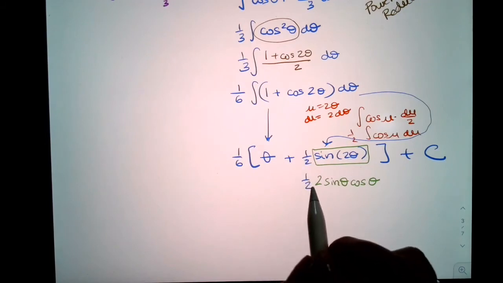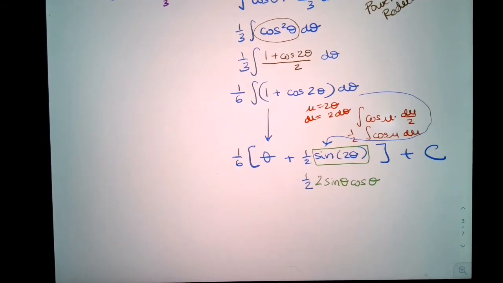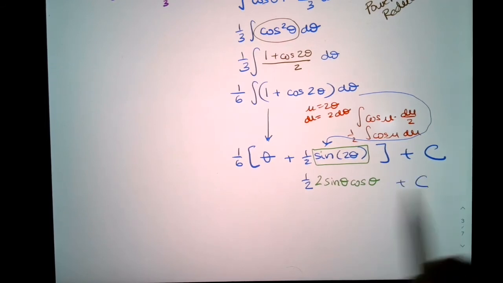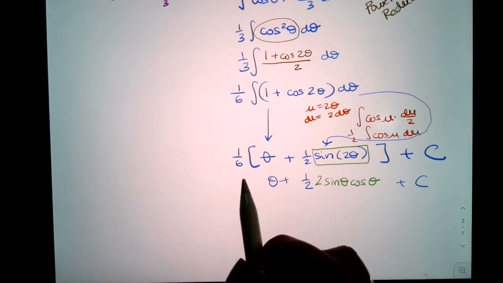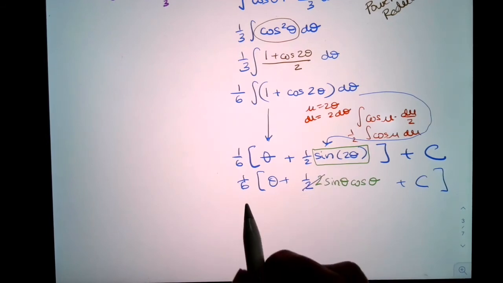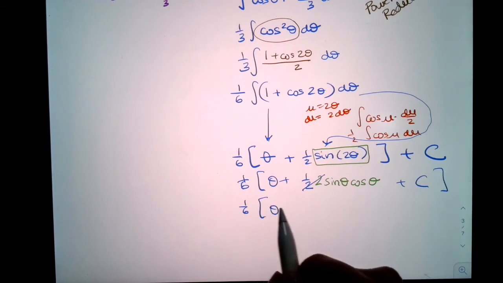Now again, I didn't address the fact that there was a 1/2 here, so I want to make sure that is in play. And then I have the plus c, and I have the theta. Oops, that should be a 6. All right, so at least I can cancel out these 2's. So here is my answer at this stage of the game,